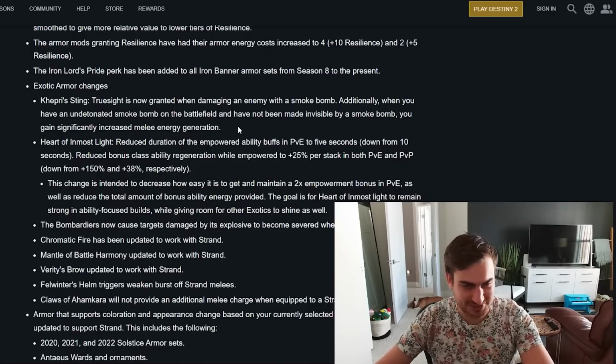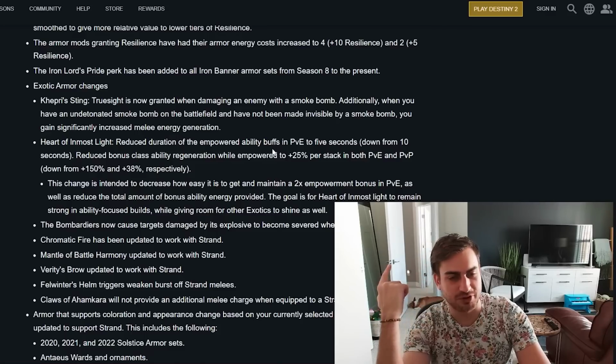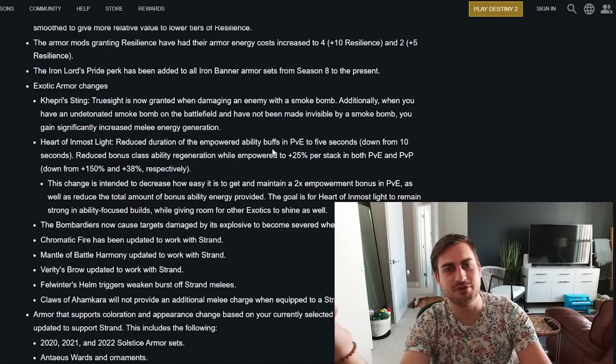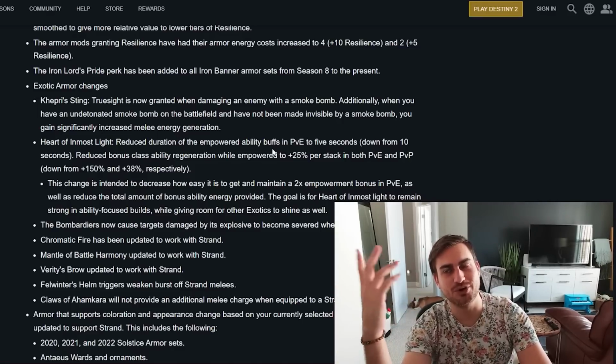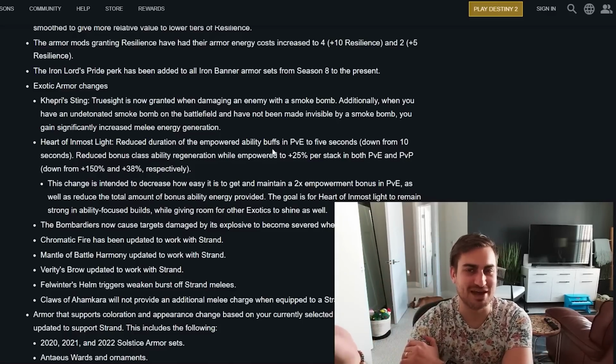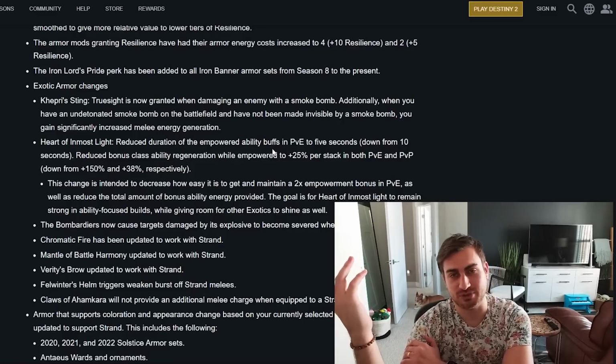What I do care about is Heart of Inmost Light. And they've been trying to rein this in for a couple seasons now, trying and mostly failing. What it really popped off was Season of Plunder with Arc 3.0 and the roaming Titan Storm Grenade build, where the combination of Heart of Inmost Light being good at baseline just because of the absurd length of the buffs, the size of the buffs, the reduction of the cooldowns it would give you on any subclass were amazing,